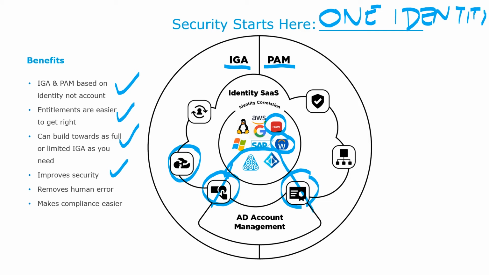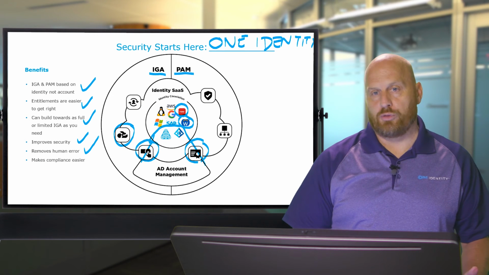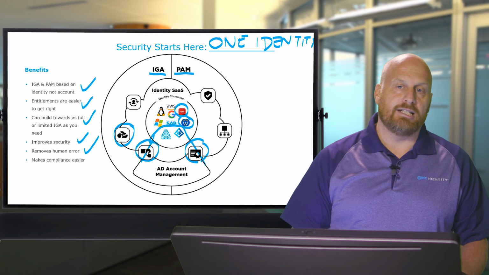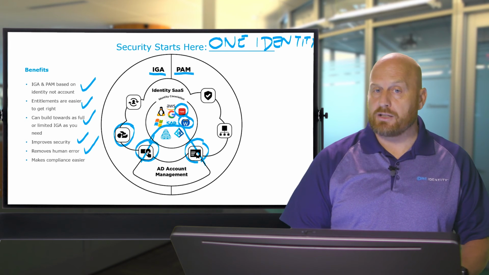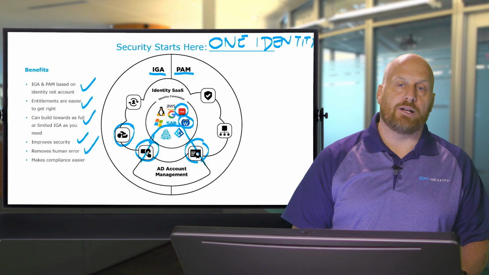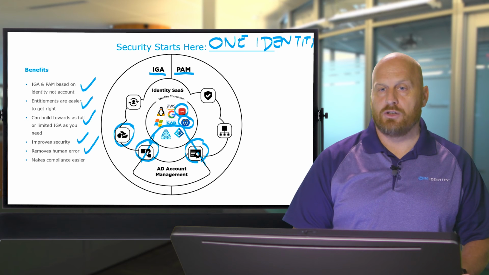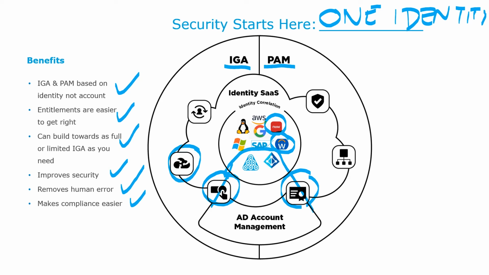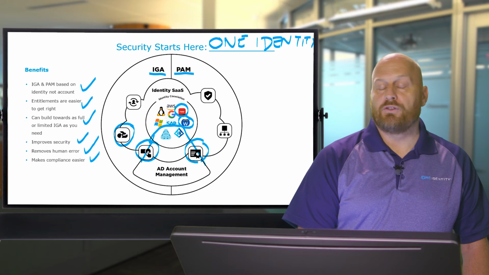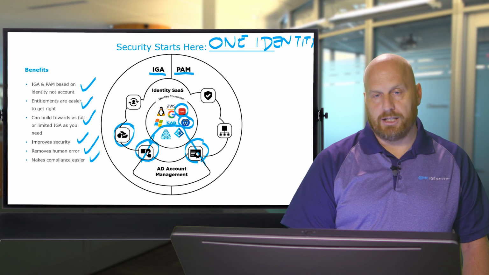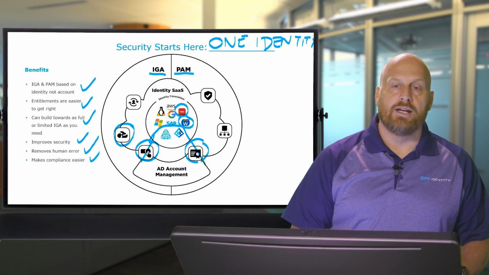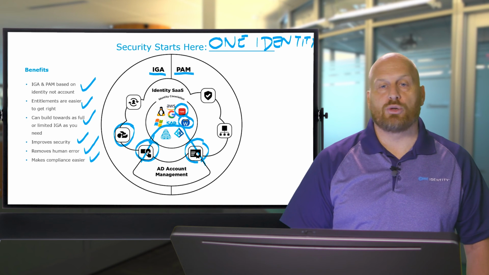Security obviously improves because now you know who has access to what, that access is controlled, that access is right. Removes human error. Now you don't have 20 different processes by 10 different guys in IT using 10 different tools to make this stuff happen. It's a single unified approach that's going to do it all at once, single workflows, single approvals, single set of entitlements, etc. And that then makes compliance much easier. The ability to certify that that access is correct is simplified dramatically just by the fact that you've correlated the identities, that you've condensed workloads, and you've moved this haphazard approach out of the way.